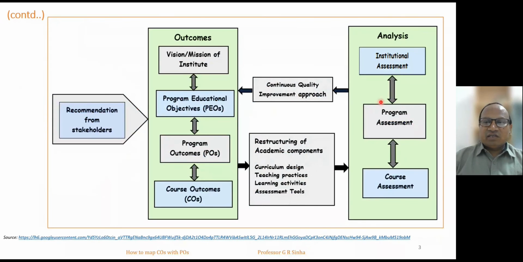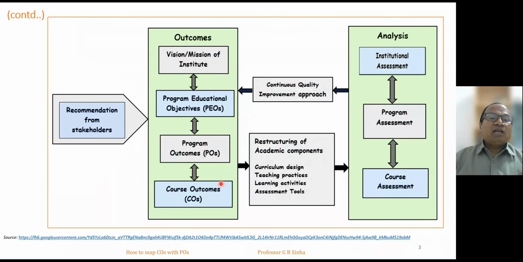This is another interesting diagram where we have already discussed how we derive outcomes. How do we derive program educational objectives? They are written with the help of the vision and mission statement. What is the broad objective? What is the broad goal? And how to achieve that broad vision of an institute is through the mission statement. And then program educational objectives are there, program outcomes are there, and under the program outcomes we have a number of